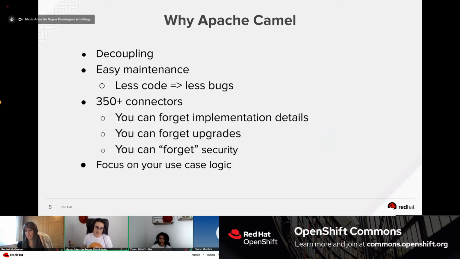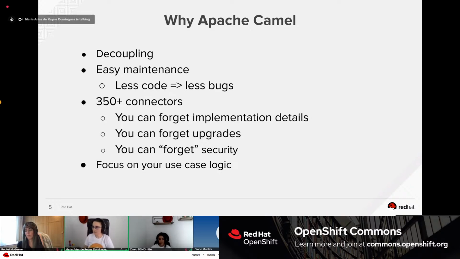Why do we like Apache Camel? Well, it's open source, which is always a good guarantee of good software, but also it's very, very lightweight. It has more than 350 different types of connectors, which means it's difficult to find a use case it's not already covered. And if you find a use case that it's not already covered, this is open source, you can